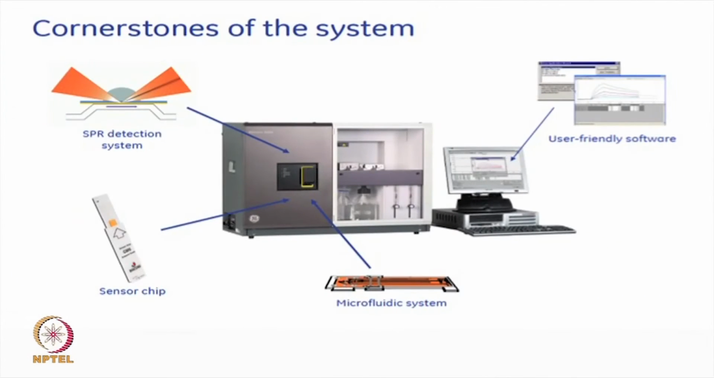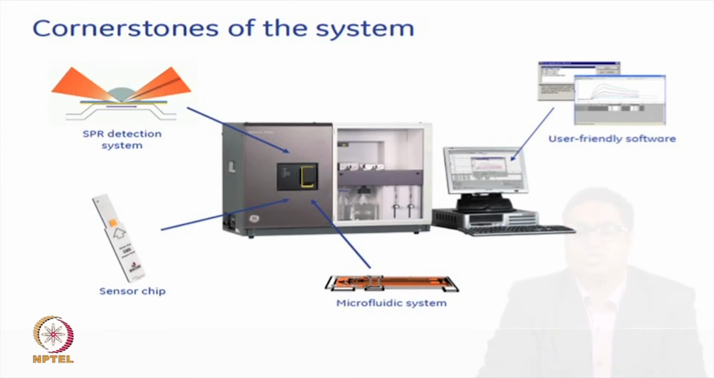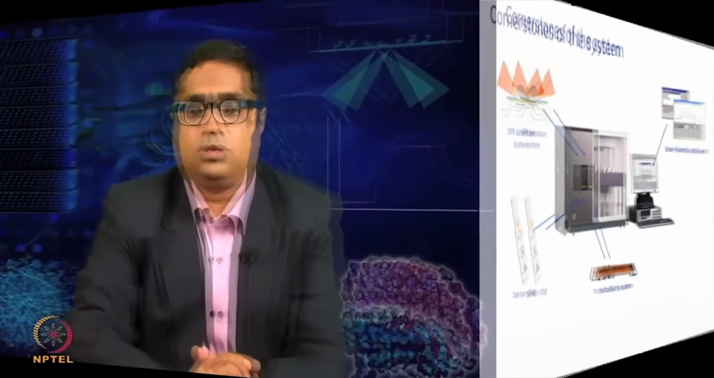So, the cornerstones of any SPR system or a Biacore system are a detection system and a chip system, a microfluidic system, and the software which integrates all of these and generates data. So, in our next sessions and next couple of other sessions, we will understand details about sensor chips and the different sensor chips available, that the SPR detection system depends upon the refractive index and also depends upon the